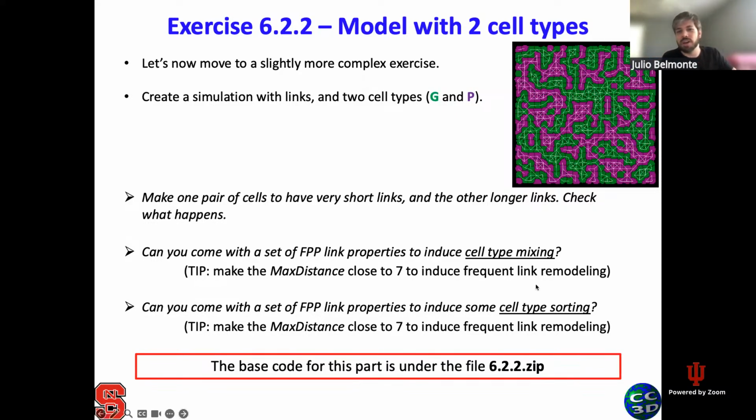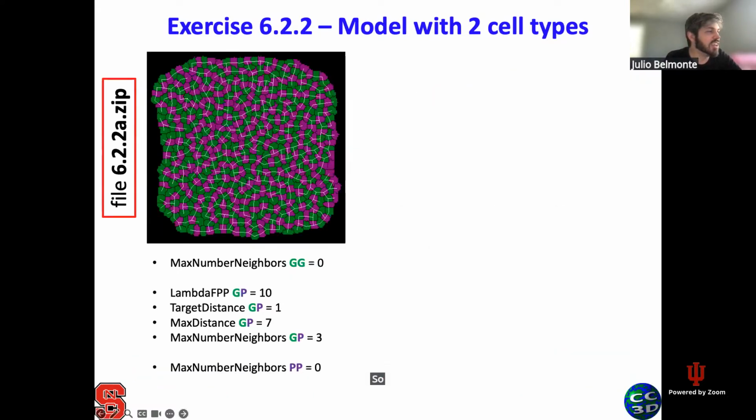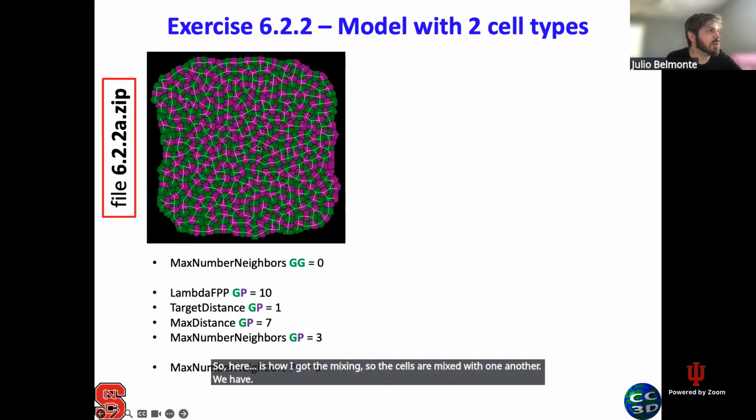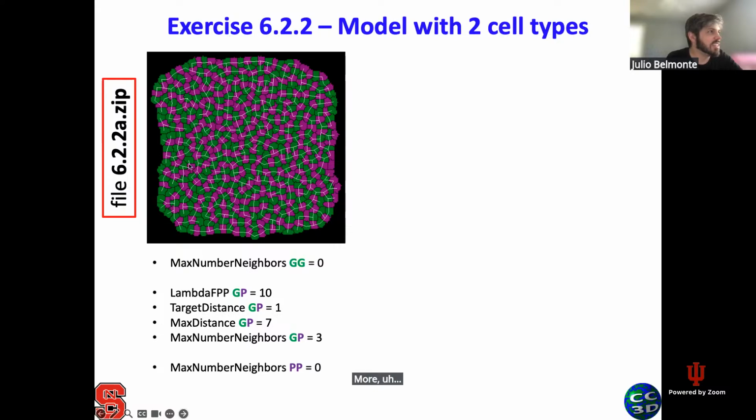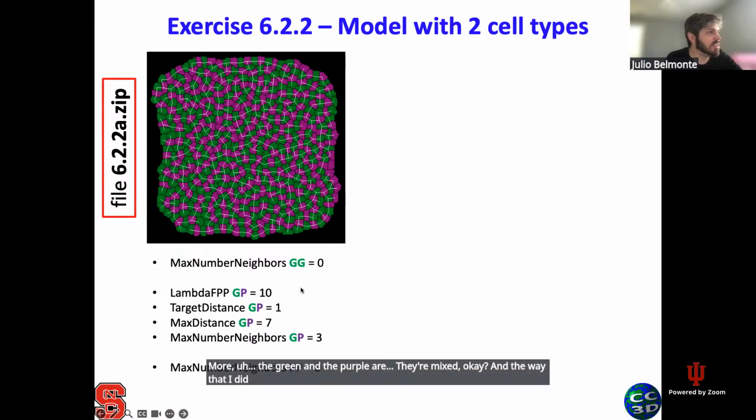So what we're going to do now is share my recipe for the mixing, and then I'll leave the sorting as a next challenge. So here is how I got the mixing. The cells are mixed with one another. The green and the purple are very mixed, okay? And the way that I did this was by doing the following. First,